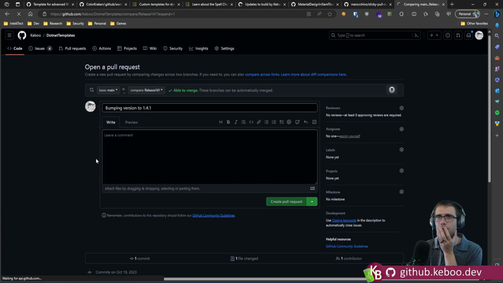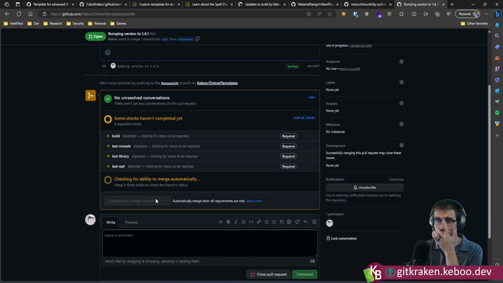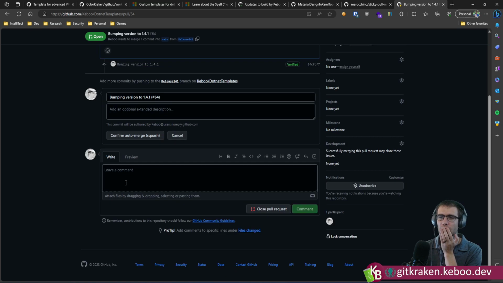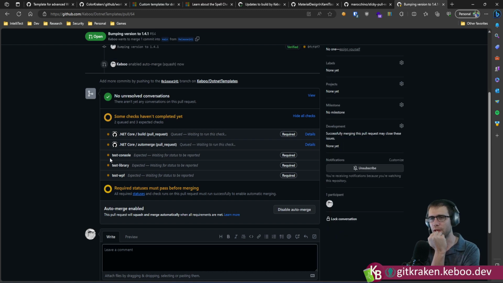And we compare and pull request. And then now that the other one's in, we will just enable auto merge on this. And then when he merges, a new NuGet package will go out with all of these changes for the WPF template